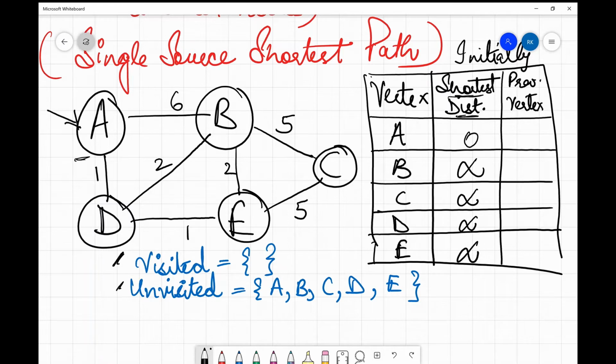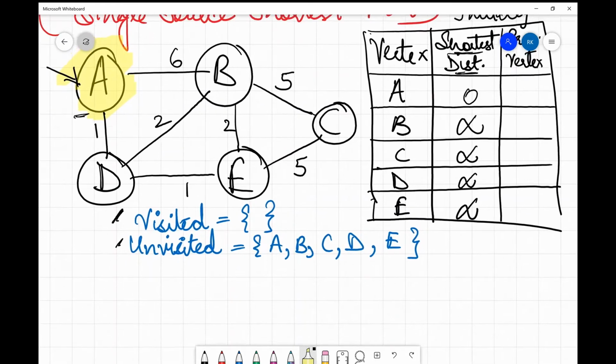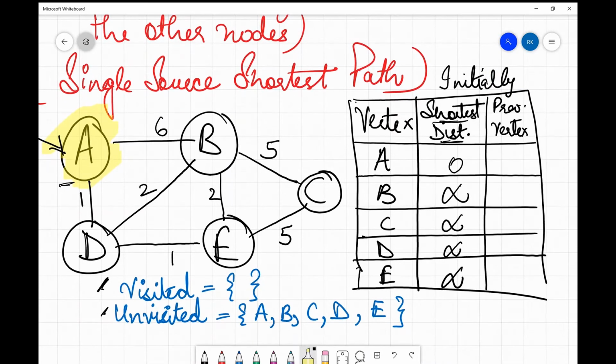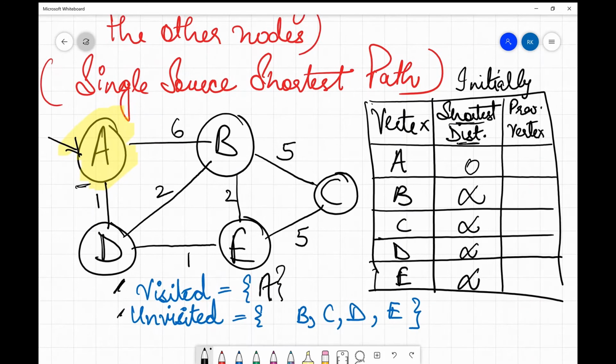Now we start with processing A. I mark it as processed: we mark it as visited, insert it in this list, and remove it from the unvisited list. From A we try to reach the other nodes.